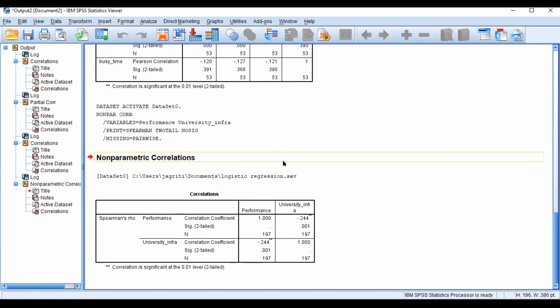In the first one, I told you about bivariate correlation, where we insert only two variables. After that, partial correlation, where we need to insert one control variable, and with respect to that you get the changes in the other variable. But in the non-parametric case, we experimented and found no difference between the output of those two methods, bivariate and partial. Generally, we can insert as many variables as we want in the bivariate correlation and we will get the result.